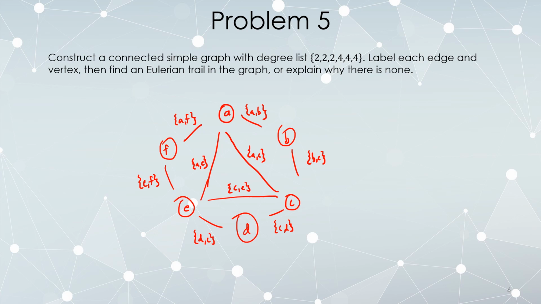Awesome. Find an Eulerian trail, or explain why there is none. So the way we know that there is an Eulerian trail: there's an Eulerian trail in a connected graph if and only if there are either 0 vertices of odd degree or there are exactly 2 vertices of odd degree. We do not have any vertices of odd degree, which means it's actually possible not just to make an Eulerian trail, but a cycle. So it's going to end exactly where it starts. And honestly, it doesn't matter where you start. So let's start